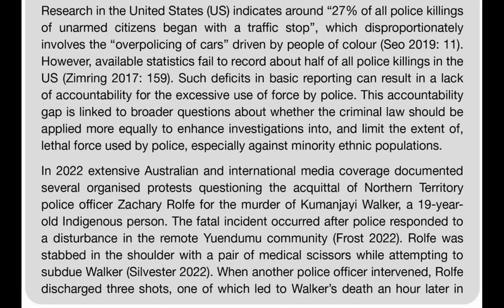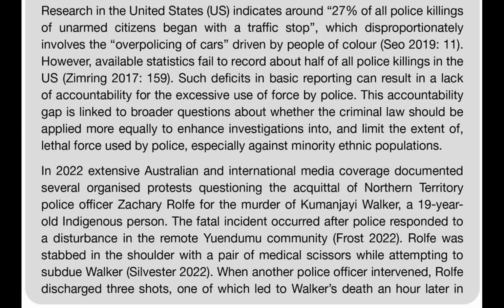Research in the United States indicates around 27% of all police killings of unarmed citizens began with a traffic stop, which disproportionately involves the over-policing of cars driven by people of color. CO 2019, 11. However, available statistics fail to record about half of all police killings in the U.S. Zimring 2017,